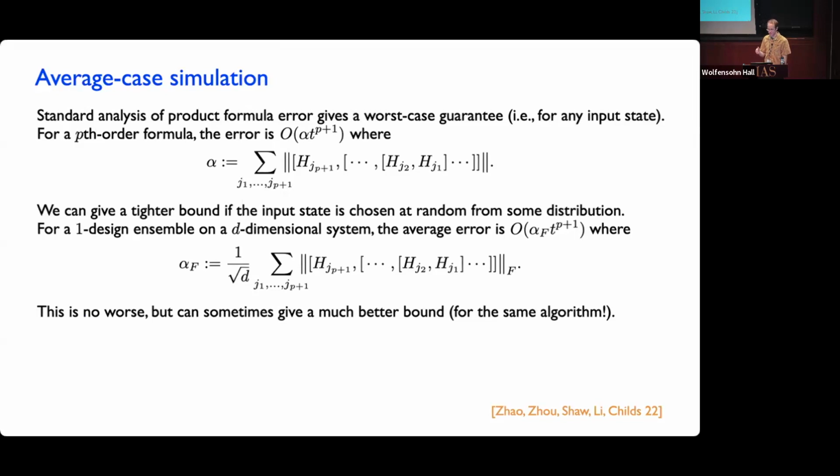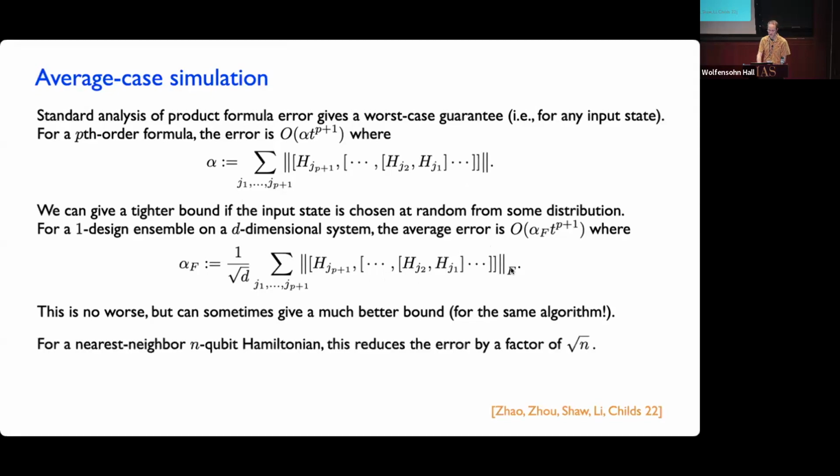Well, we don't have to, but you can show that in this setting, where you have this promise that the state is chosen at random from this distribution, the error can be bounded by this quantity. I guess nobody's going to make you, but you can get this better bound, right? This is still going to be a bound on the amount of error because this is a bound for the worst case. But what you can show is that this Frobenius norm is going to capture what happens on average, and it could be a much better bound.